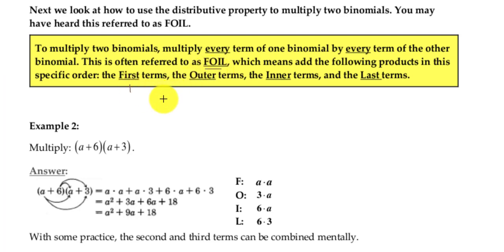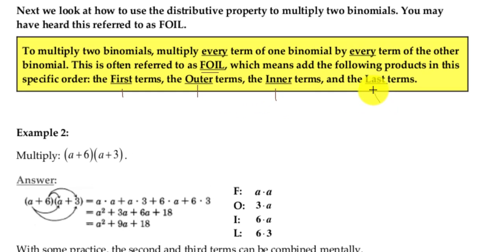The F stands for first term, the O stands for outer term, the I stands for inner, and the L stands for last terms. So if I were to give you this problem where I say multiply these two binomials, the first term would be the first thing you see in each binomial. So the first thing I see in this A plus 6 term is the A. And the first thing I see in the A plus 3 term is the A, so you'll notice we have